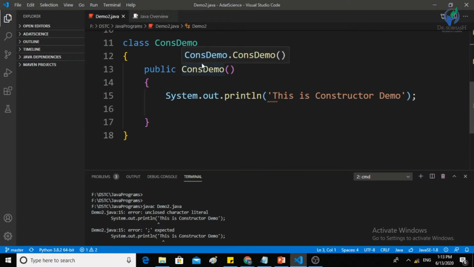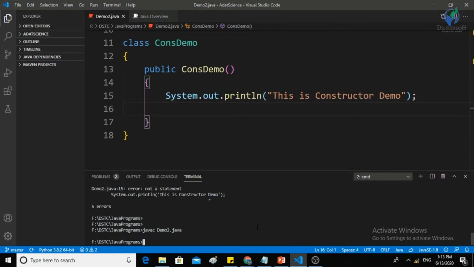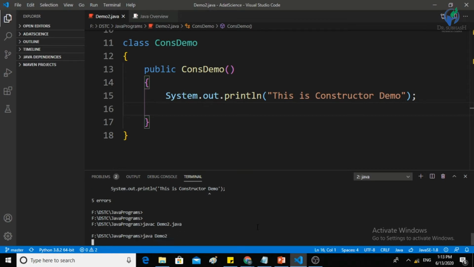Yes, we cannot use a single quote, that's what we use in TypeScript, sorry for that. Again javac demo 2.java. Yes, we have successfully compiled the code. Then java demo 2 to run this code.